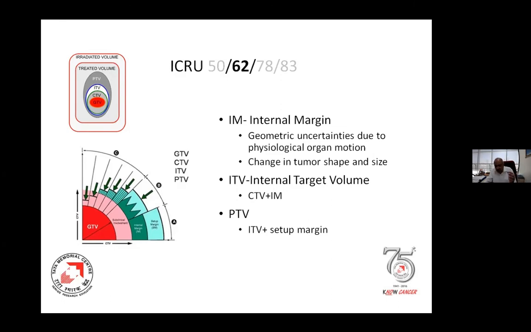Okay, or if it is near the heart, it is moving along with the motions of the heart, or like in prostate, or like in cervix, or like in upper GI tumors, even in esophagus in the lower third area. Even the spinal cord, there are oscillatory movements. So all these are the part of the internal margin which we need to add to make a CTV.